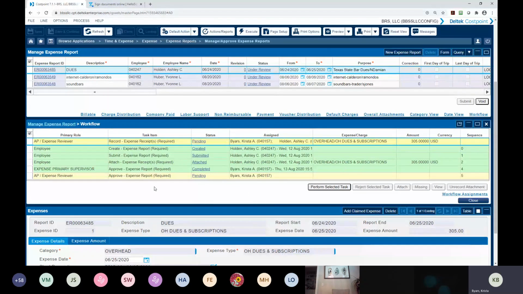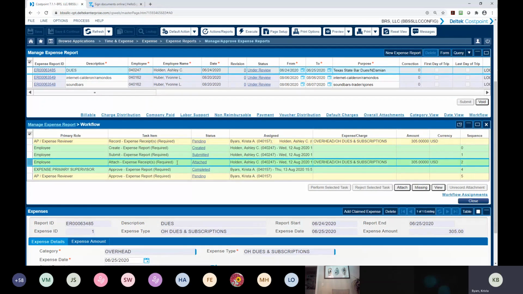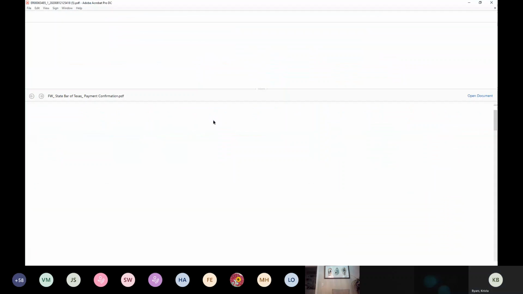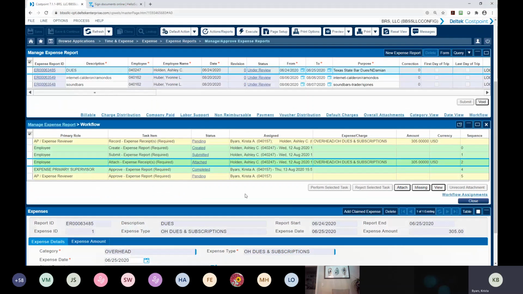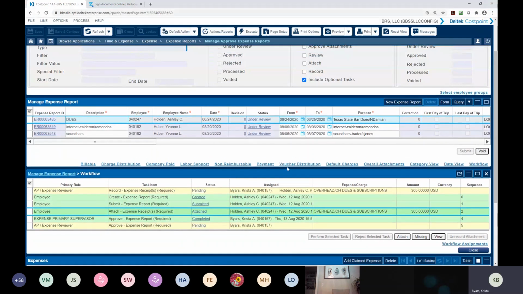But if you needed to come back in here, review something, or as a supervisor, you want to see an attachment, you find that line that says attached, highlight it, and then you can click view to see your receipt copies. So this one is just some sort of due-in membership. I think I saw another